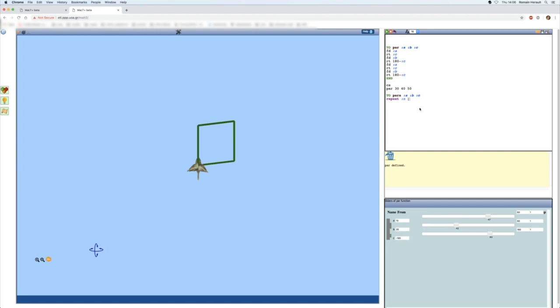I can put in that I want a parallelogram of A, B, C, and then I can ask it to turn right E degrees, and then roll right F degrees. And I will just show you what this does.